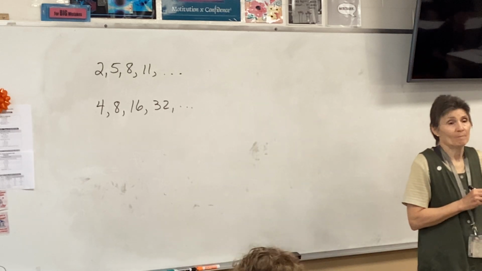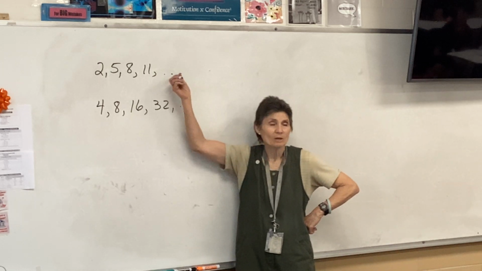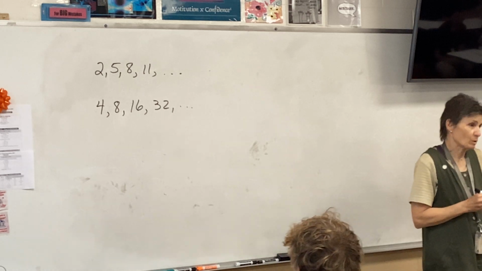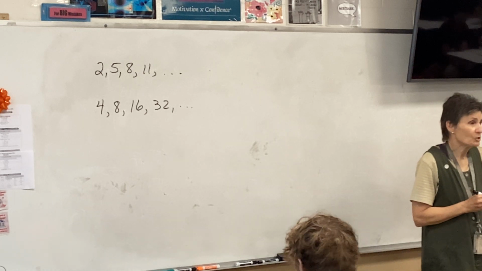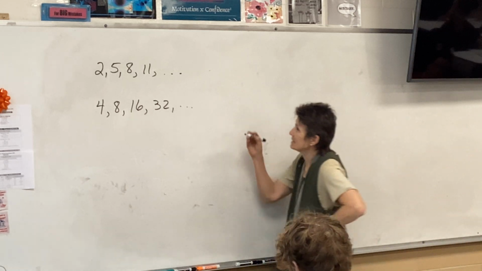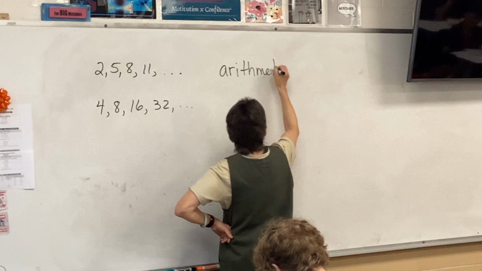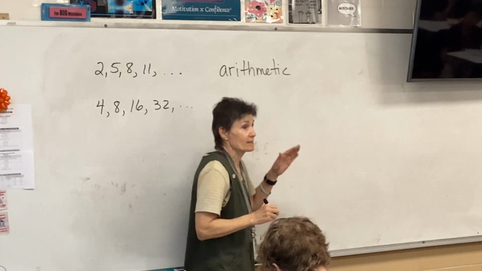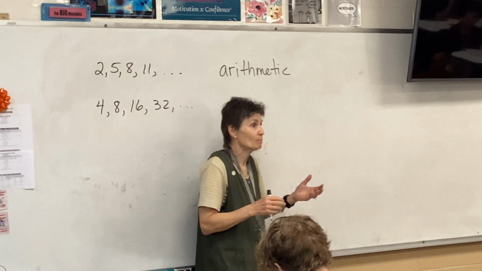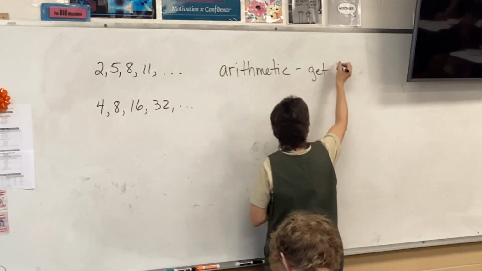So, here we go. Can you tell me what would come next in this sequence right here? If you had to continue this, what would come next? 14. And why would 14 come next? Because you are adding 3 each time. You've seen that pattern. This kind of a sequence is called arithmetic. An arithmetic sequence, and I know the word looks like arithmetic. When it's a noun, we say arithmetic. When it's an adjective, we say arithmetic. This is an arithmetic sequence because we get from term to term